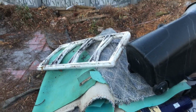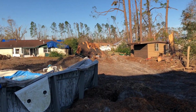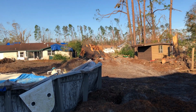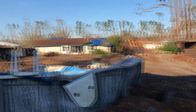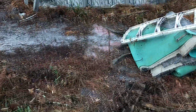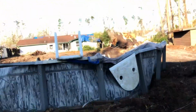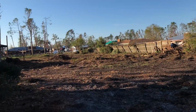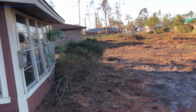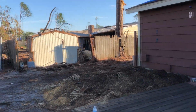All the carpet they pulled up. Wow, you can see the shed now. You weren't able to see that before. So this is the backyard, totally open, very open. There used to be a walkway from the end of the deck to the pool. That's totally gone now. So the whole backyard is completely empty. These bushes survived, and that looks like about it. So this tree's gone, the fences are gone,